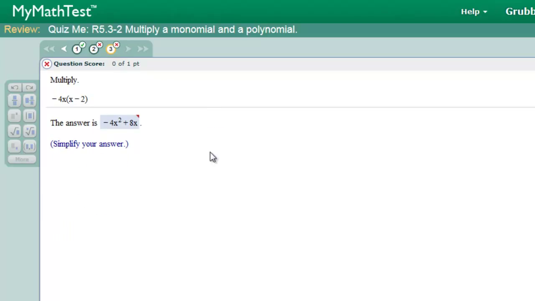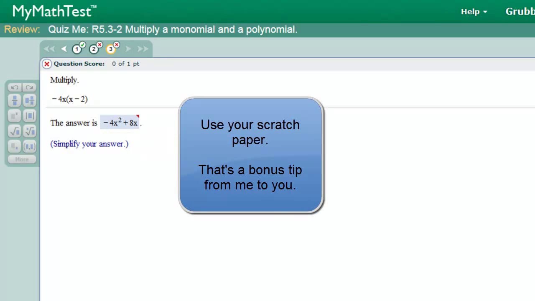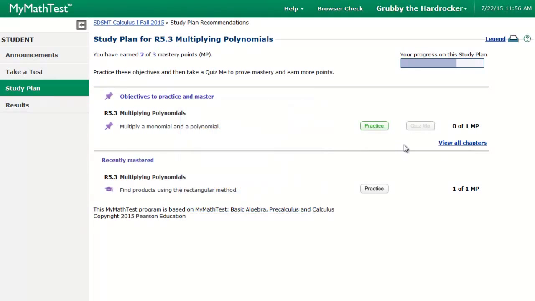I can also select problem 3. On problem 3, the correct answer is negative 4x squared plus 8x. I forgot to include the x. I was careless about distributing, trying to do it in my head. So live and learn. So if I close this and go back to my summary screen,